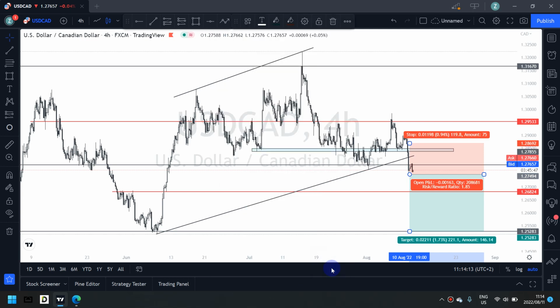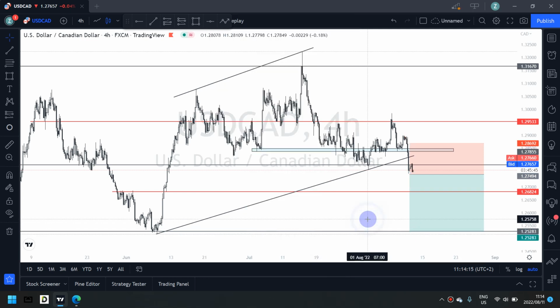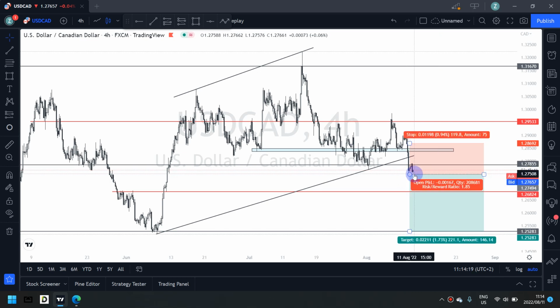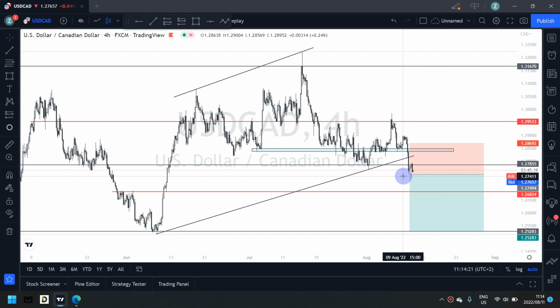So these are my prices for my entry. As you can see, the market is about to activate my sell stop. So I will also show you the entry and how the trade goes,